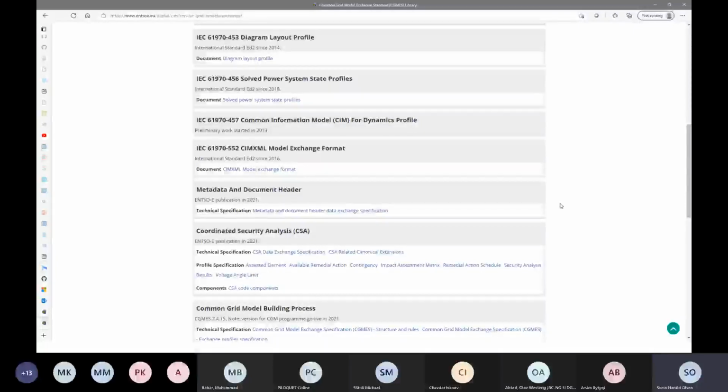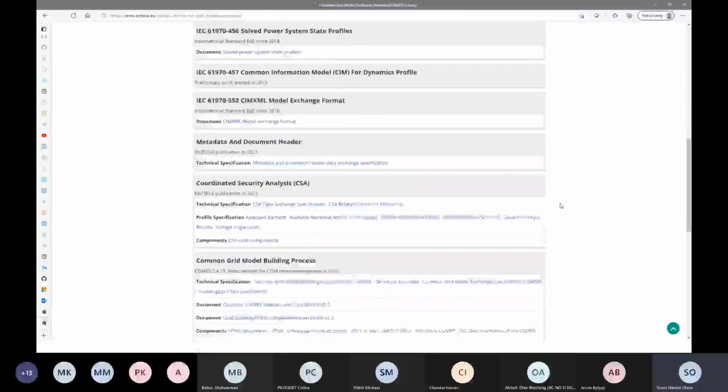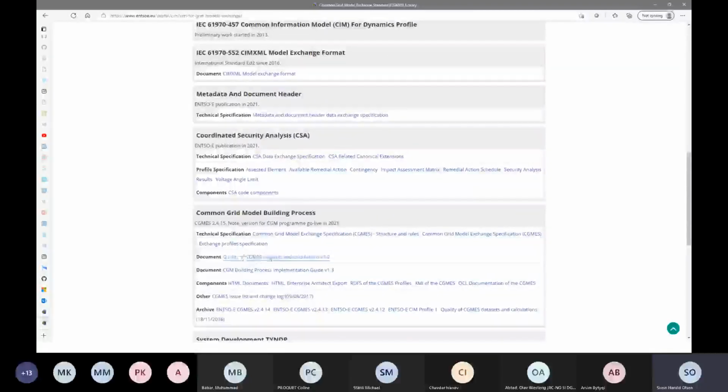This is a little bit to complement what's going on in the building process, the document dealing with the quality of the CGMS dataset, and also the implementation guides. They are also available here to be downloaded.